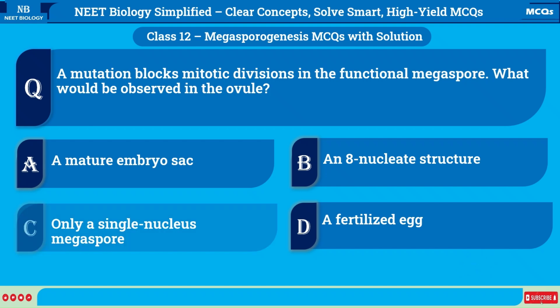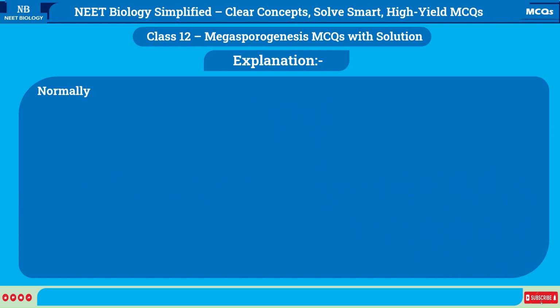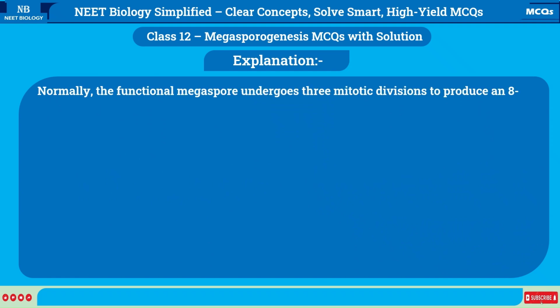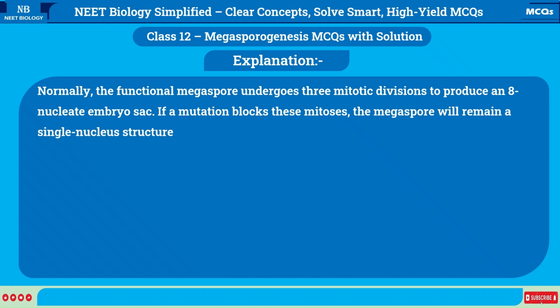Correct answer is C. Only a single nucleus megaspore. Explanation. Normally, the functional megaspore undergoes 3 mitotic divisions to produce an 8-nucleate embryo sac. If a mutation blocks these mitoses, the megaspore will remain a single nucleus structure and will not progress to form